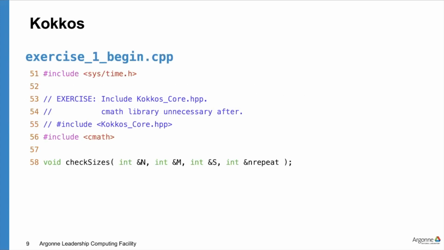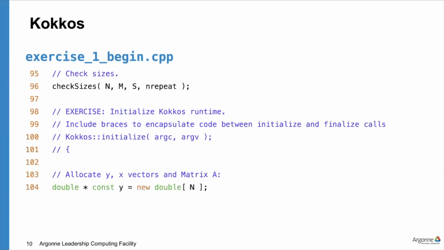And basically inside the example folder here, this is the first example. There's going to be a begin folder and a solution folder, and it's just going to be little problems like this. This is the first one. It's very simple. It just says include your Kokkos core header file, and then we need to initialize the runtime and open up a scope that's going to capture all of your